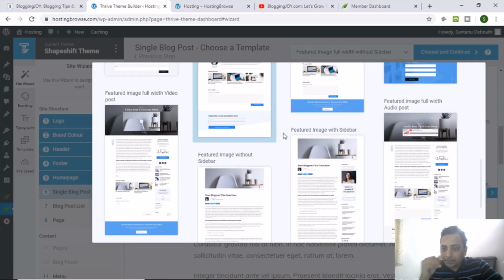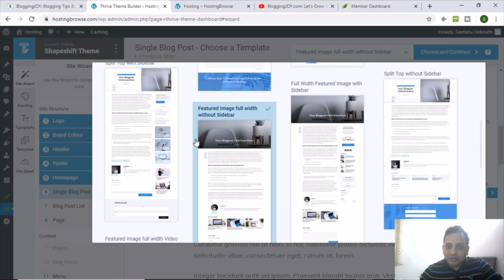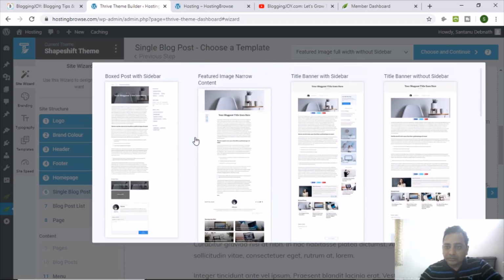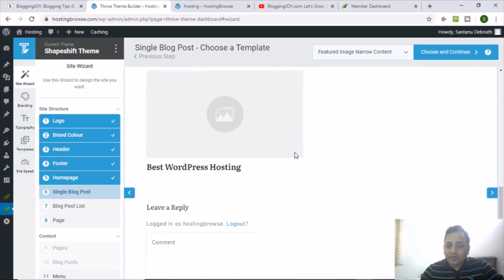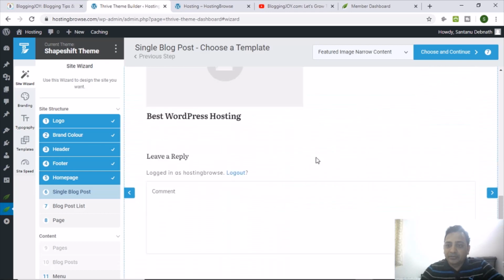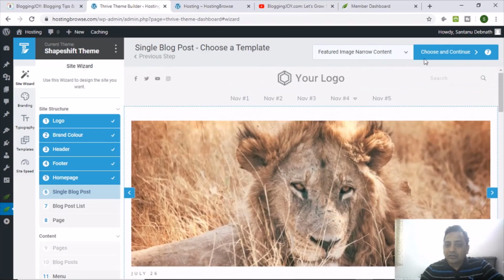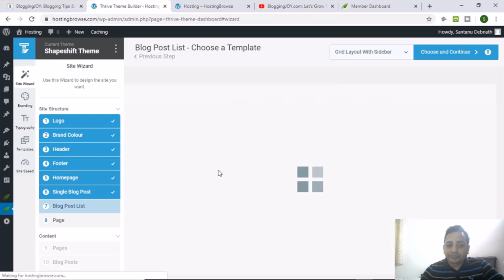Let me choose, let's say, featured image with narrow content. These days templates without a sidebar are very popular. So this is the one template I have picked. Okay, now choose and continue.